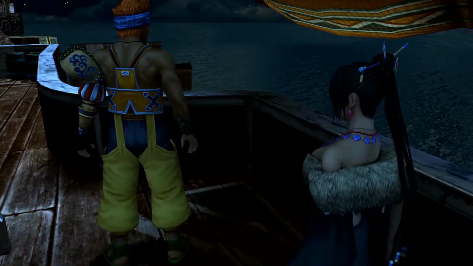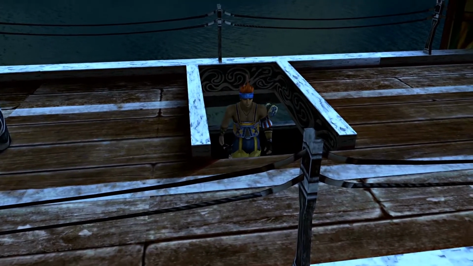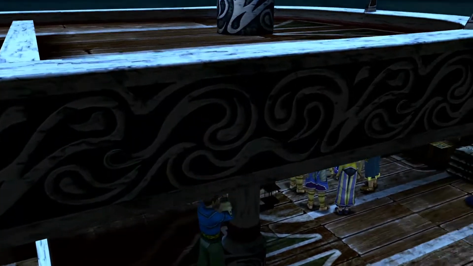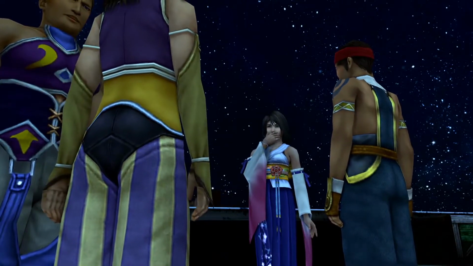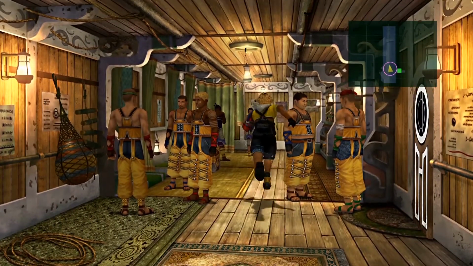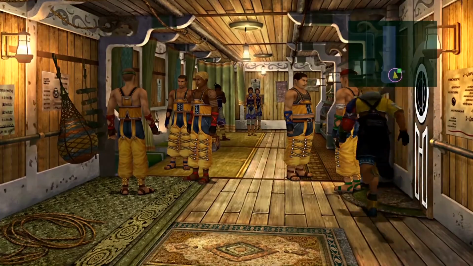That blue-shirted guy again. A little bit of privacy here. What is he doing? Those binoculars? Looking over at Yuna? Tidus is bonding very well with the Aurochs. Nice, nice. Let's go ahead over here to this chest. Grab a high potion. We go through here. You can see...